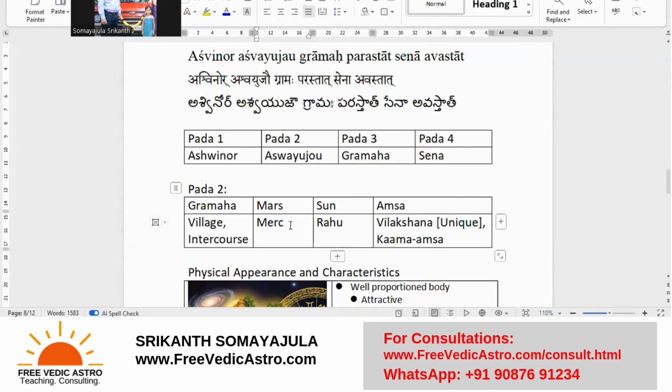For that matter, if you ask me, all the 12 houses will have good significations and also bad significations. It's up to the individual how he is trying to utilize a planet or a signification placed in any of the 12 houses. All 12 houses bring in good. All 12 houses equally bring in bad. There are no bad houses exclusively. There are no good houses exclusively. Believe me, they don't work like that.